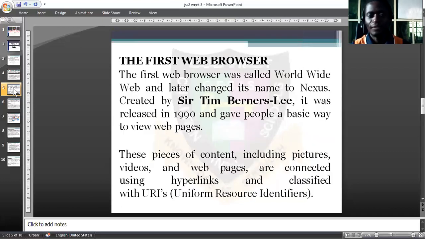Now let's talk about the first web browser. The first web browser was called WorldWideWeb and later changed its name to Nexus, created by Sir Tim Berners-Lee. If you are in the IT world, you should know who Sir Tim Berners-Lee is. He's the first person that created the World Wide Web. It was released in the year 1990 and gave people a basic way to view web pages. So we can say he is the father of the